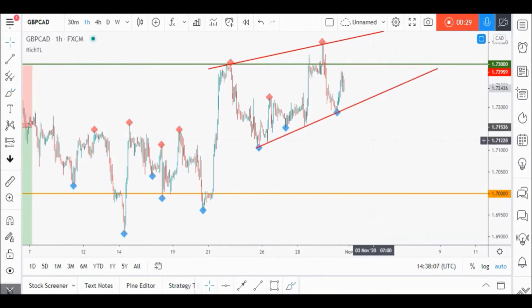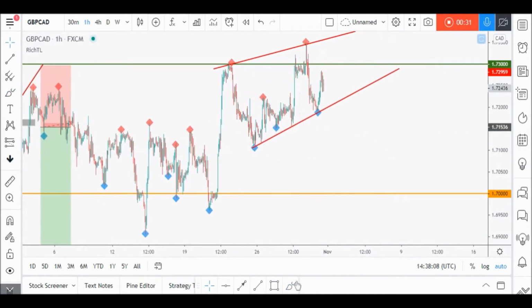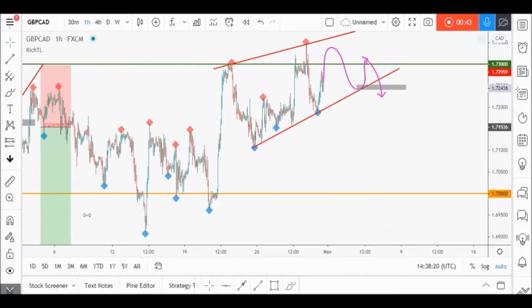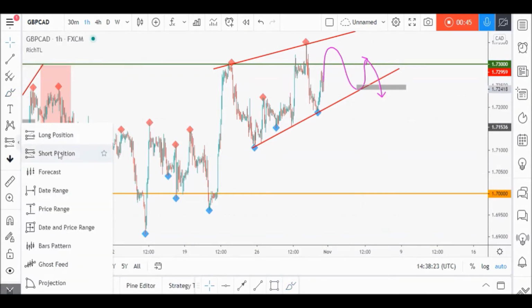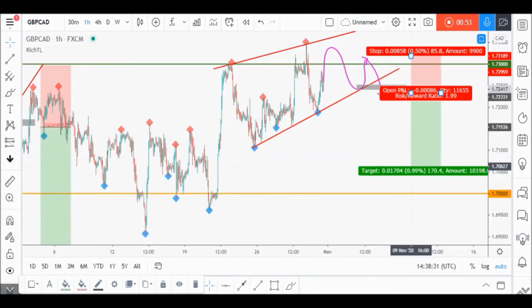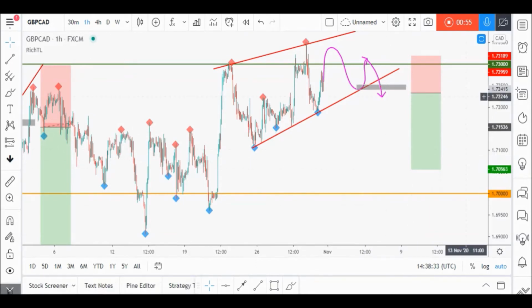As you can see here, price is forming a wedge pattern, so we'll be waiting for a third swing to form around our lower red trend line to consider it our trigger swing, and then we'll enter sell after a momentum candle close below it. When the sell is activated, our stop loss would be just above the last red dot, or last swing high for those who don't have RichTL, and we target a 2 to 1 risk to reward ratio,